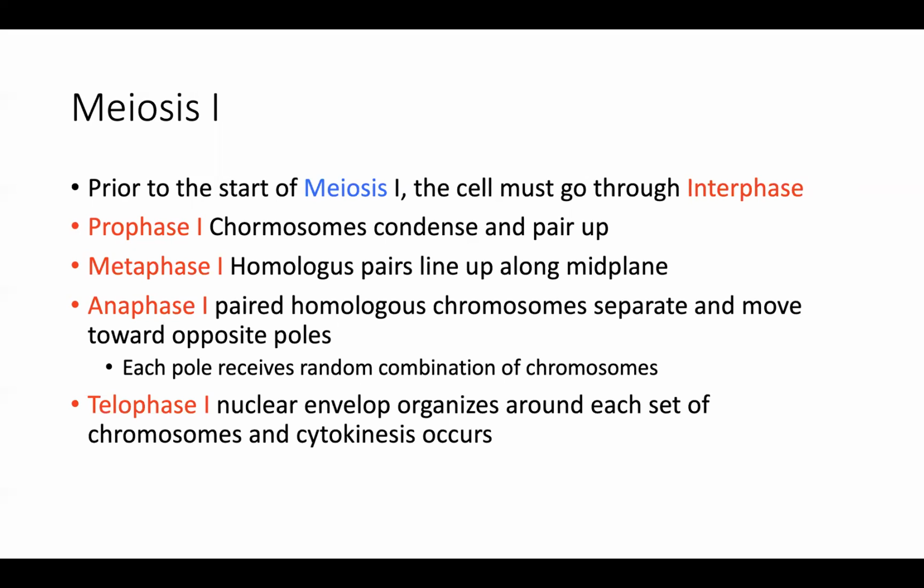Prophase, we've got chromosomes condensing and pairing up. They're becoming visible. Metaphase, we're seeing these homologous pairs of chromosomes line up along the midplate or the center of the cell, right? During anaphase, these paired chromosomes start to separate and move towards opposite ends of the poles. And we know that that's necessary because this cell is getting ready to split off, right? So we saw that elongation of the cell and we see these chromosomes start to separate and move apart.